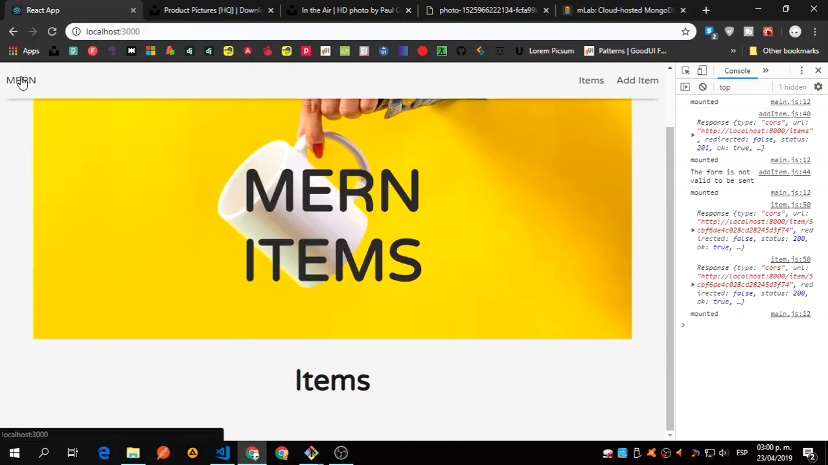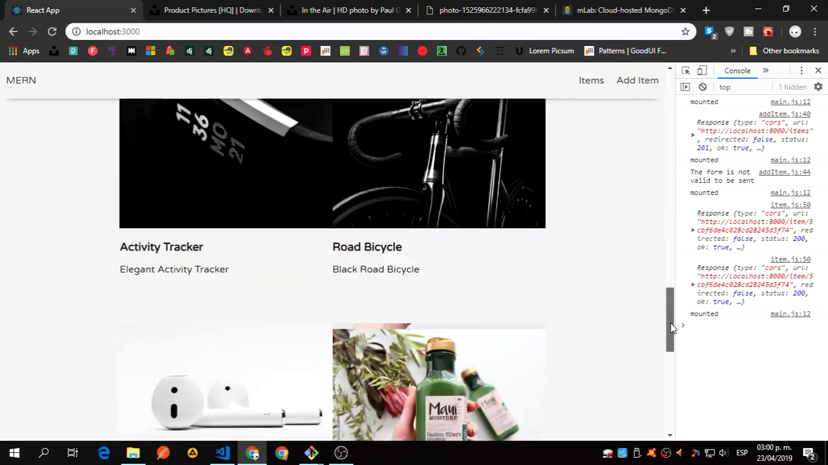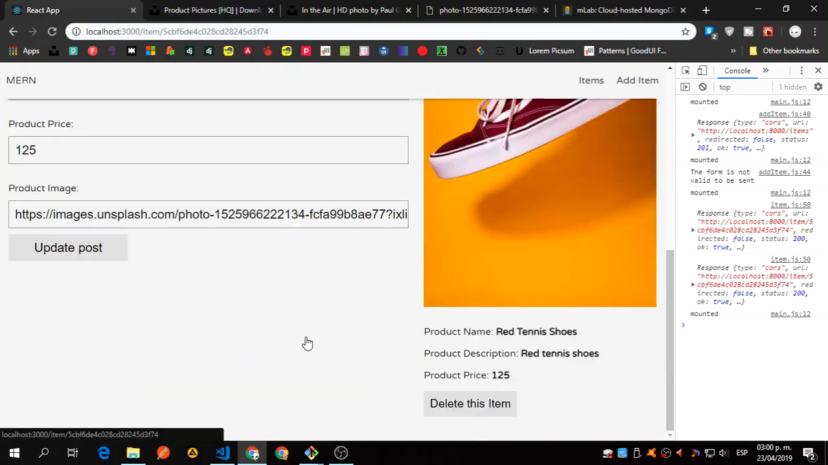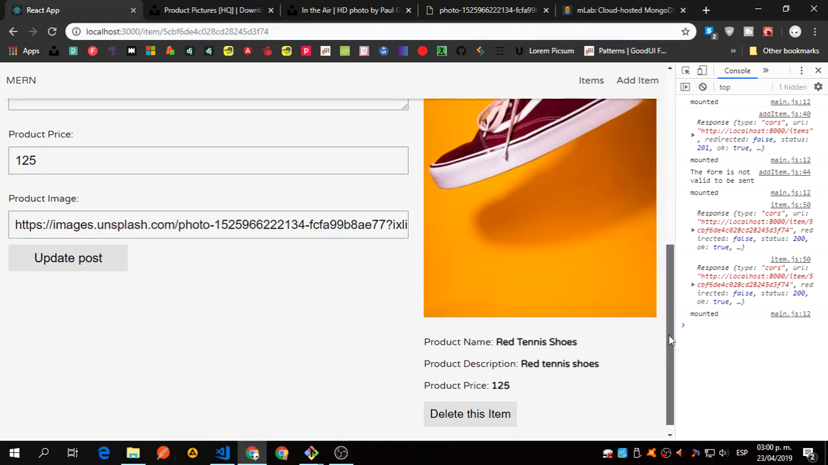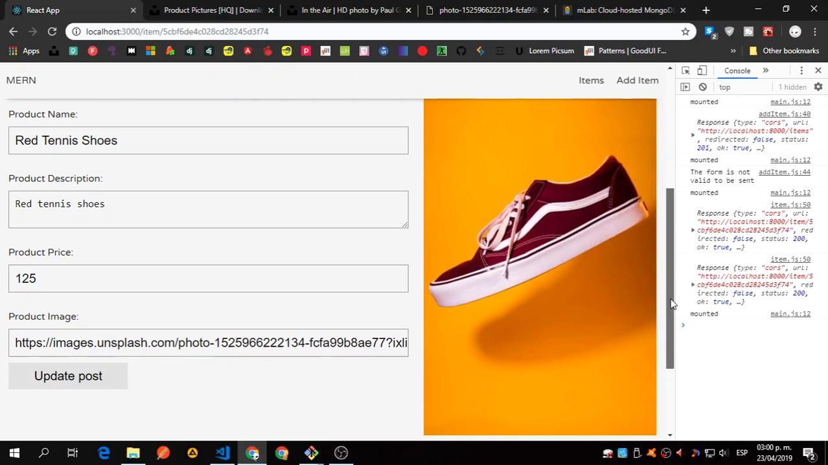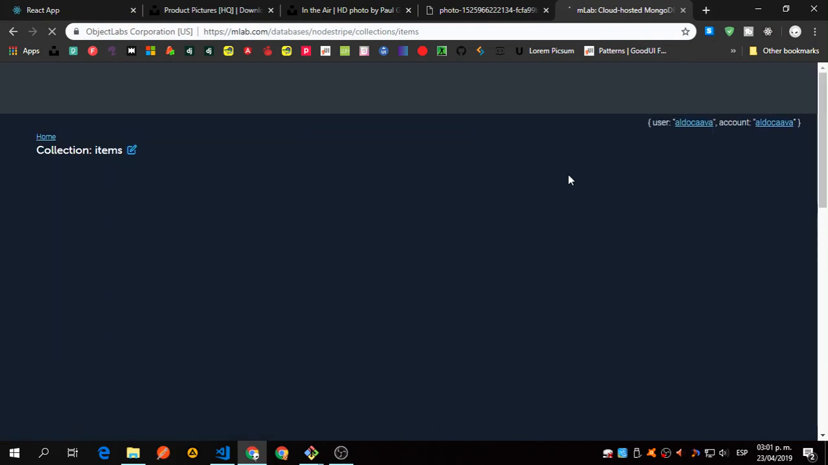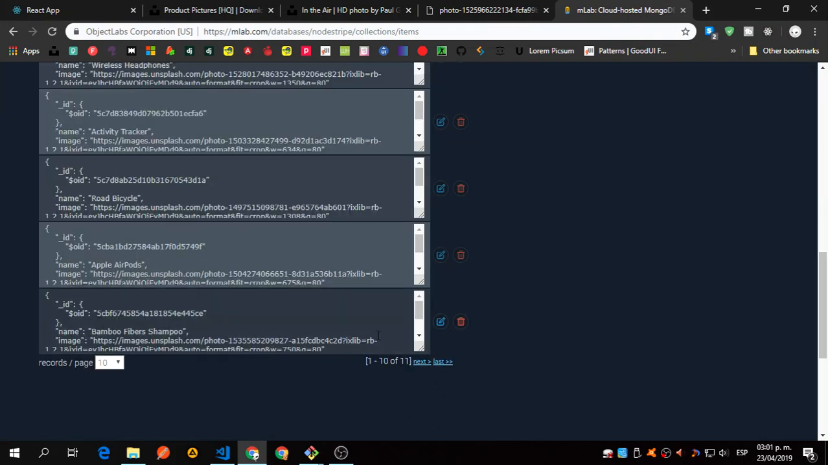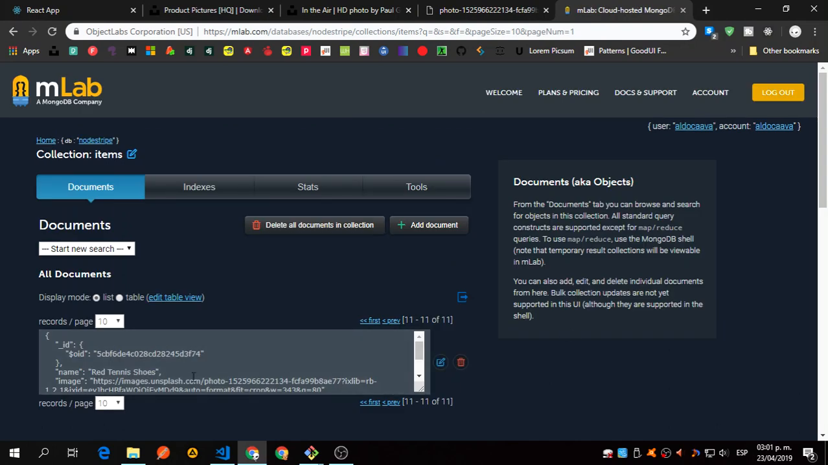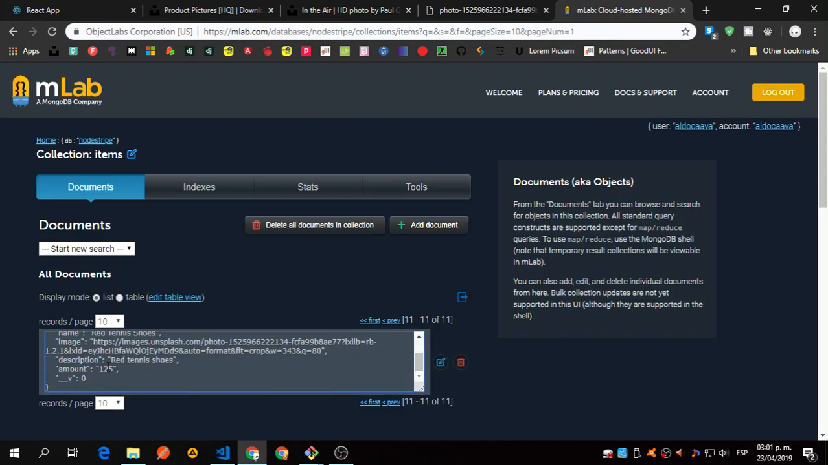So let's go back to MERN. Let's go back and click this, and you can see that we have the 125 change. Okay, so it's working, and let's go to the database, and let's refresh this. We should have the other one. Let's go to last. The red tennis shoes with the price of 125 with amount. Okay,